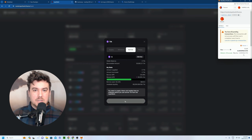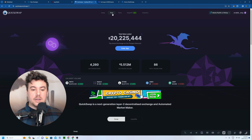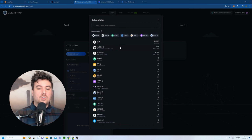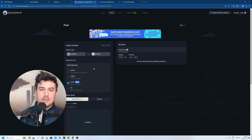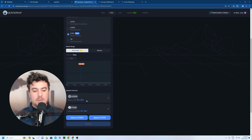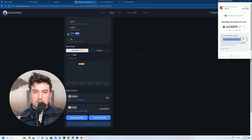Once you borrow your WUSDM, you are going to start conducting swaps and provide liquidity on MANTA Pacific. If you don't want to do lending and borrowing, you can also just swap some of your stone for USDM on Izumi Finance and then start providing liquidity that way. What I'm going to suggest doing is taking half of your WUSDM and half of the stone that you've got, so that you've got equal portions,